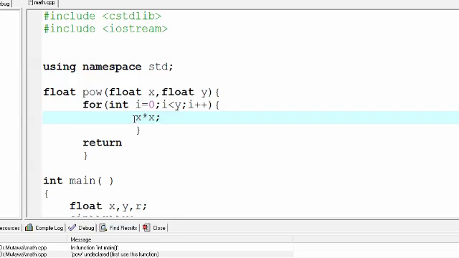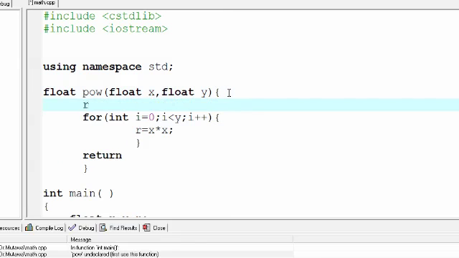But I have to save this value into a variable, so call it r, for result, and this variable should be a float, since everything here is float. And initialize it, since this is multiplication, to 1, because 1 will have no effect on multiplication. If I put 0, then this is a problem. Now if I write it like this, then every time I'm assigning x times x, putting it into r,